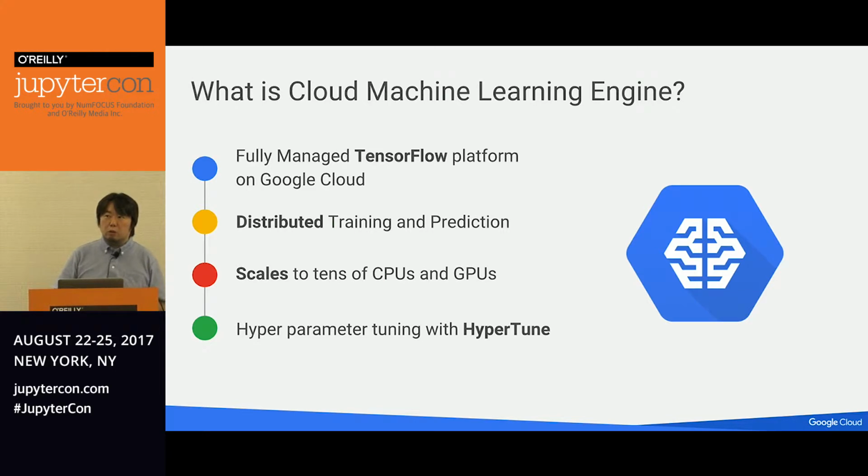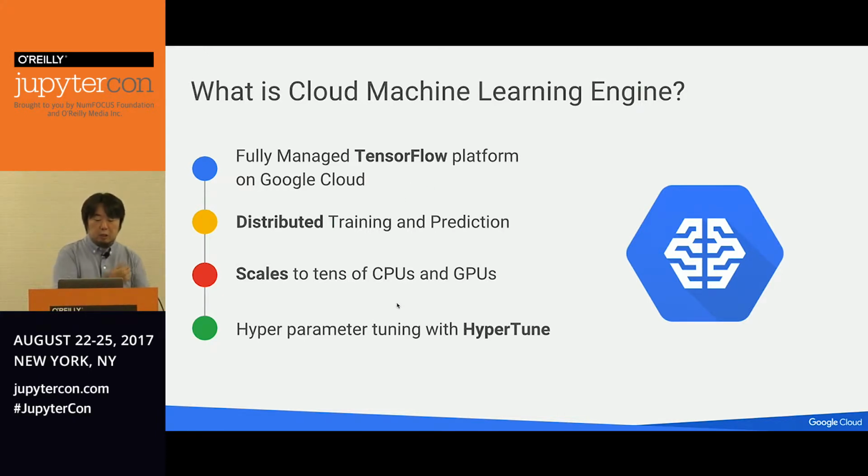And if you want to have the distributed training environment, you have to build your own Kubernetes cluster. You have to think about how to split your workload into multiple devices. But by using the machine learning engine, you can forget everything about those things. All you have to do is build your own TensorFlow model and prepare training data and upload them to the ML engine, so that the ML engine takes care of building and operating your distributed training systems based on